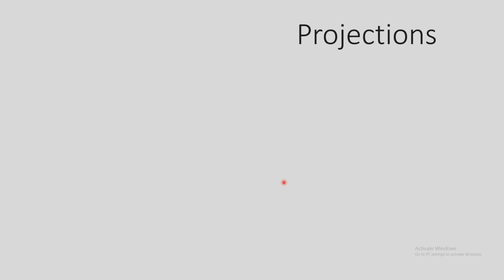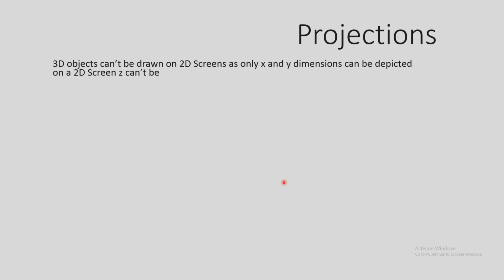Dear students, today's video lecture will deal with the projections. So what is a projection? Actually 3D objects cannot be displayed on 2D screens because there is no provision of depicting Z direction. Z direction, you understand, is the direction which is normal to the monitor screen and coming out of screen towards you. So this cannot be depicted in two-dimensional